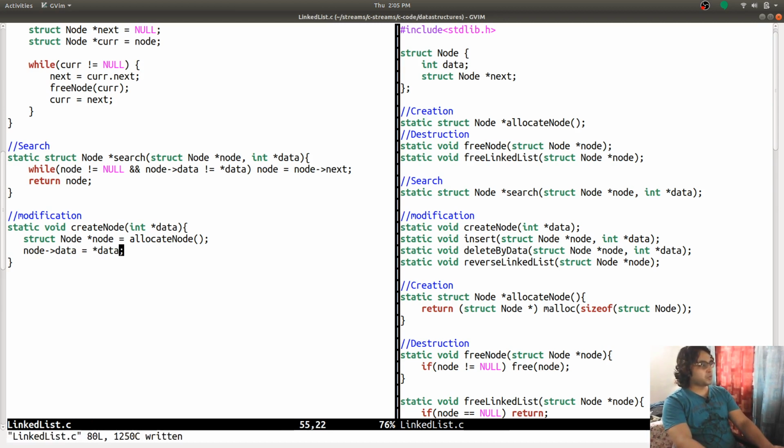I could use a pointer to an integer in the node structure instead of an integer, but that will make this program less readable, as I will have to dereference this pointer everywhere. So create node should return the newly created node. I will have to go back and fix this.